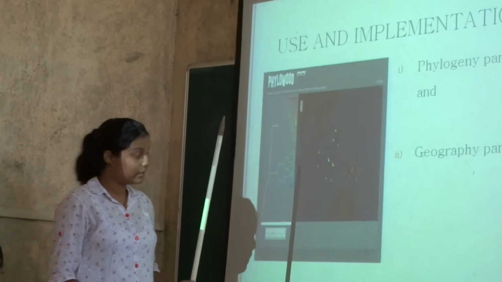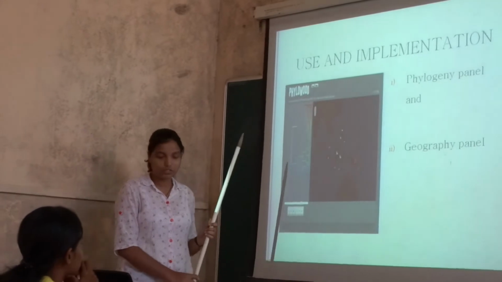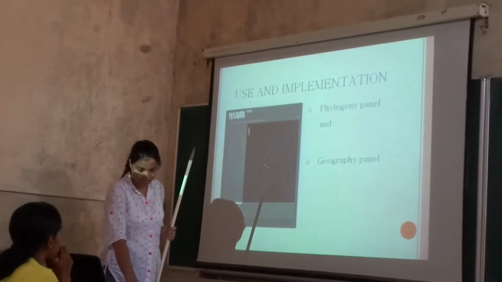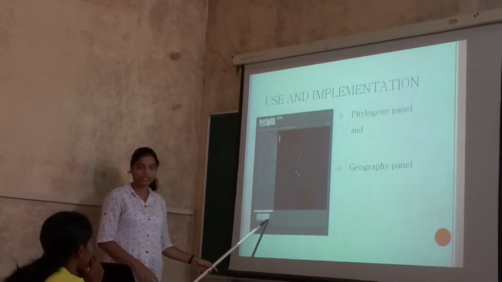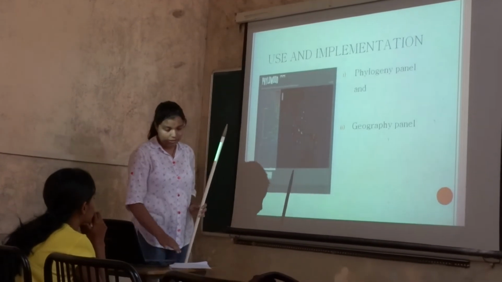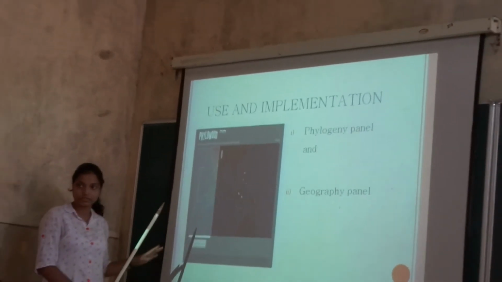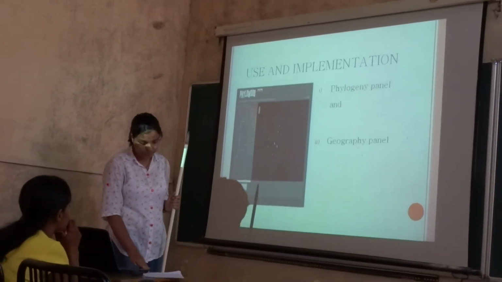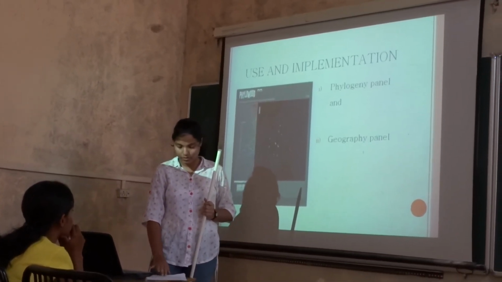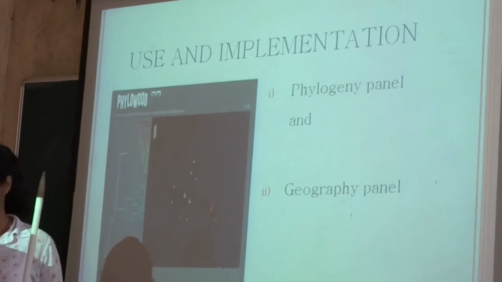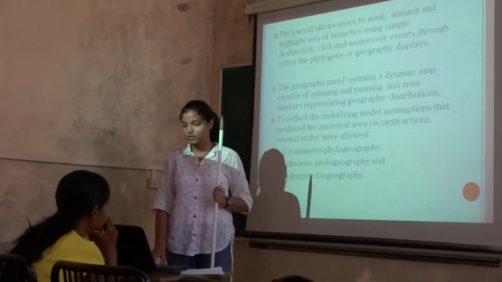and it is of continuous geographic distribution. And what you can see over here are the animation buttons, which control the animation speed, direction, and location. And the animation time slider shows the current time point, and indicates the lineages that exist at this time, which comprises the target for information. Now, Phylowood allows users to mask, unmask, and